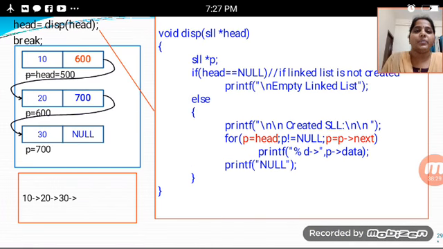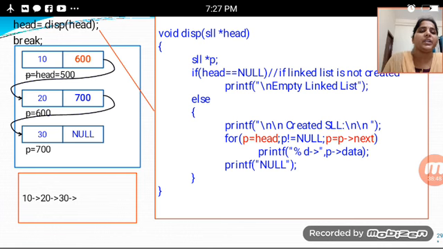In the above figure, p has head, that head having 500 which is linked to 20, having p is equal to 600 location, having that 30 value, that is indicated with p is equal to 700. This is nothing but 10 is greater than 20 and 20 is greater than 30 will be there.